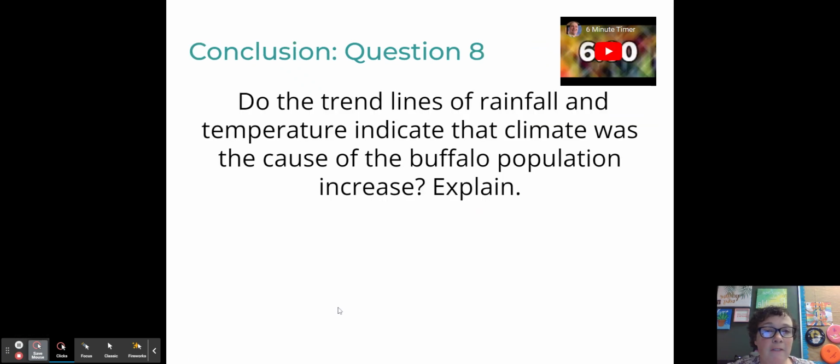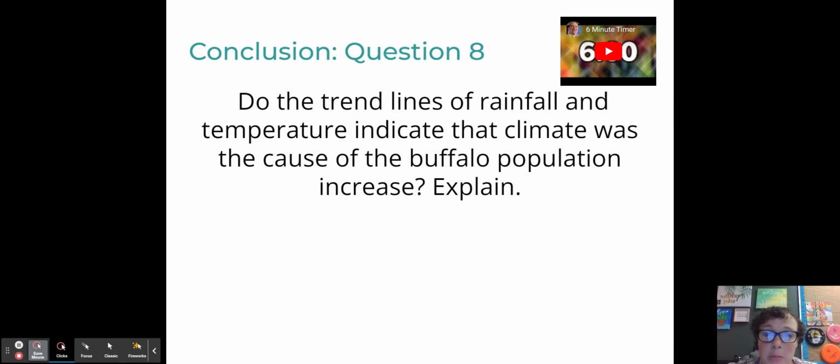Well, if there's no change in a factor, in this case rainfall, no change in a factor means it's not going to cause change in something else. So when we see change in a population, but there's no change in the rainfall, well, we know that rainfall was not the reason for the change in buffalo population. So by this point in lesson 3, we have